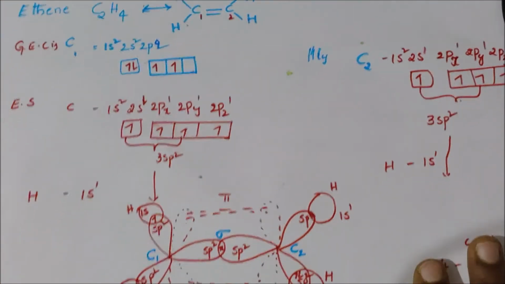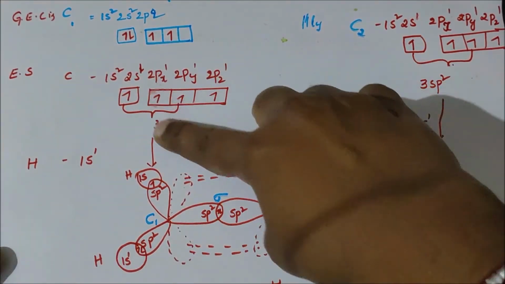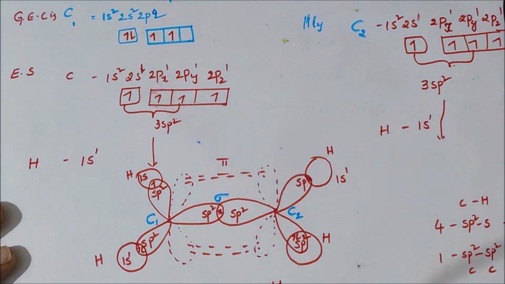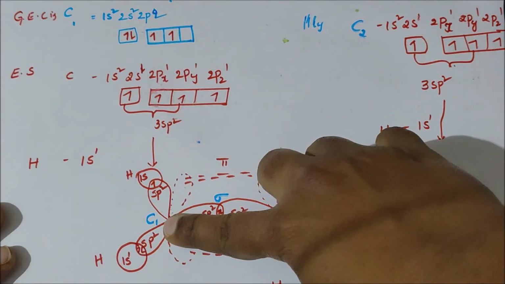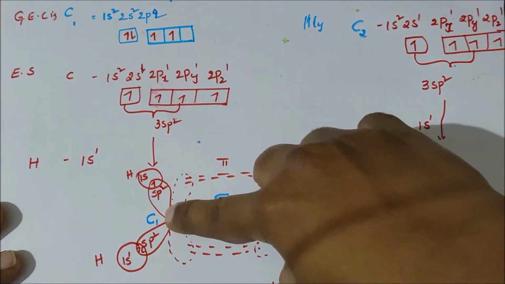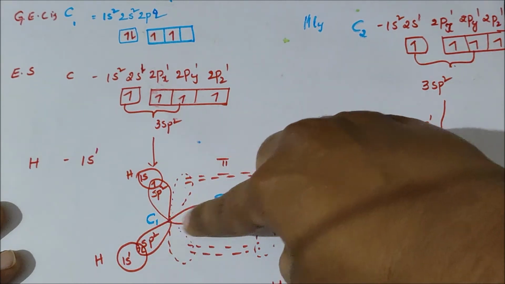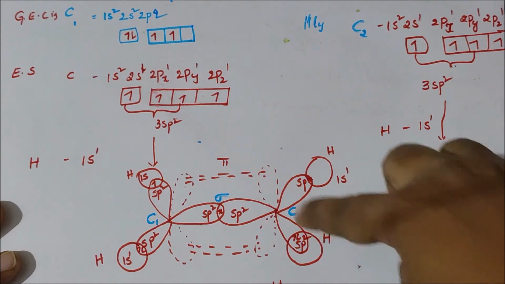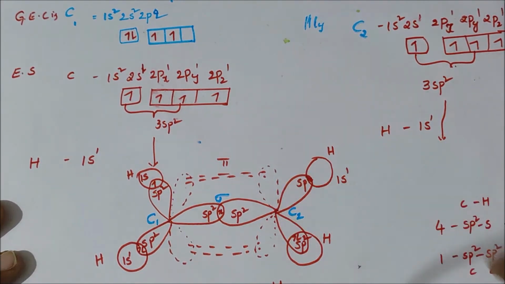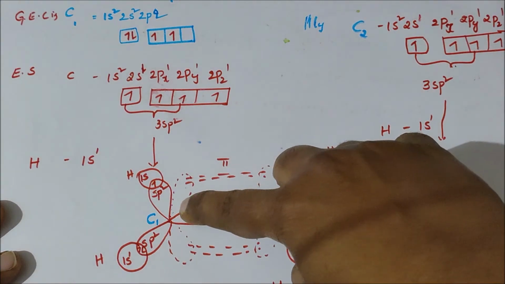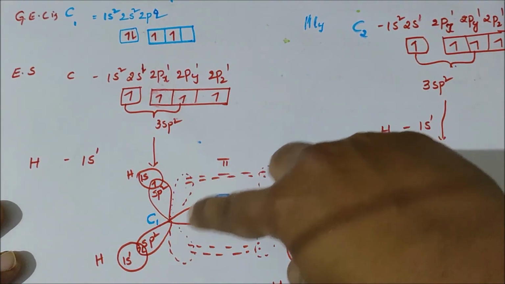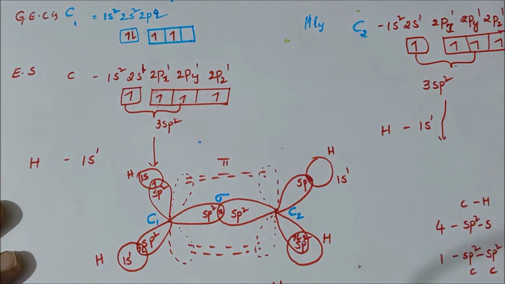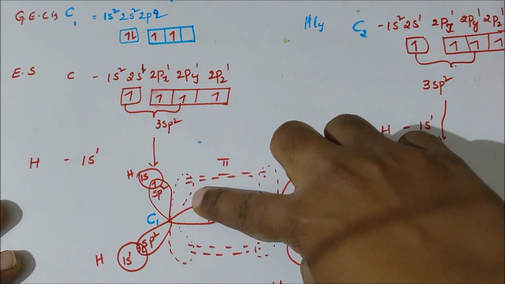Similarly, in each carbon atom, the 3 sp2 hybrid orbitals carry one unpaired electron each. This is the first carbon's 3 sp2 hybrid orbitals, in trigonal planar shape. This is the second carbon atom, also in trigonal planar shape. These are the dotted shapes. The p orbital represents the unhybridized pz orbital.